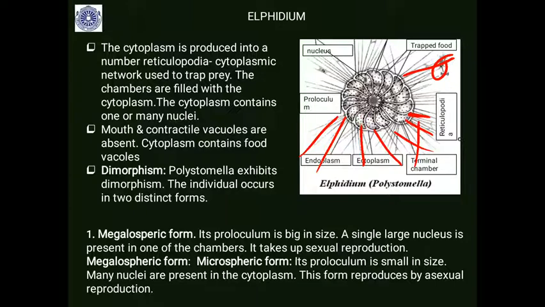it is living on this earth since the last 450 million years, and whatever the fossilized Elphidium shells or the foraminiferous shells, they are what we see as the main part of the limestone. Whatever the limestone and marble, they are all contributed by the fossilized shells of these foraminiferans.